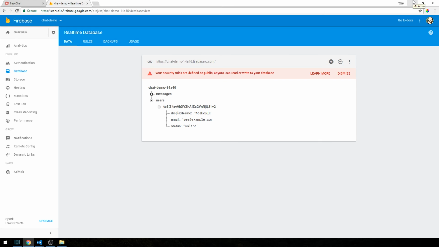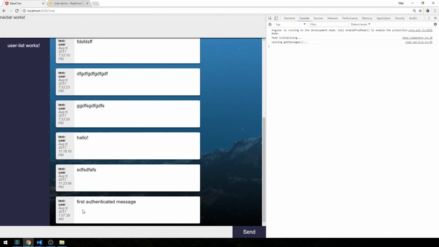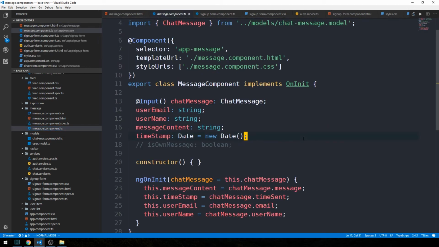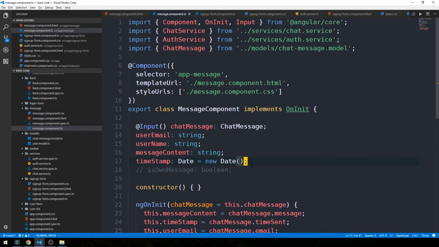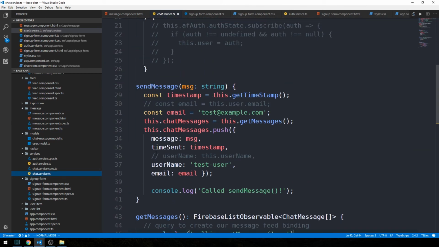Let's go ahead and take a look at our message component and see if we can determine why when I post the message I'm still getting test user. I'm going to minimize this and we'll look in our message component.html. And so I have a binding to the username. So if we head into message component.ts, I recall now that we did some manual input of our username in the previous video before we had authentication set up. So probably in our chat service, if I scroll up, yeah, you can see I'm setting the username to test user. And so now I can go ahead and uncomment out